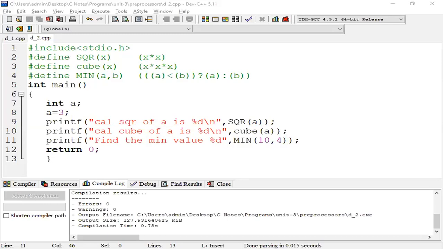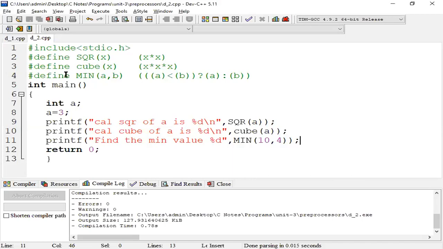Next, sixth of x means x power 6. How can we represent x into 6? Six times we would have to multiply. Instead of that, we can use the previous definitions: square of x into cube of x. Both together equal sixth of x. In that way, we can minimize a very big statement into a simple statement by using the previous statements. Let us verify with the program example.